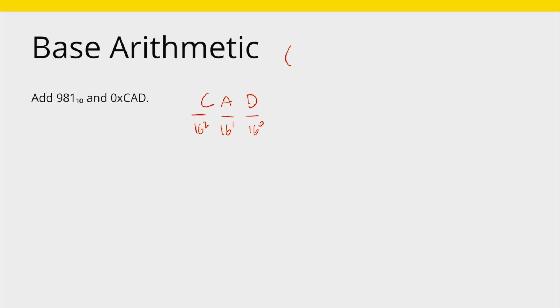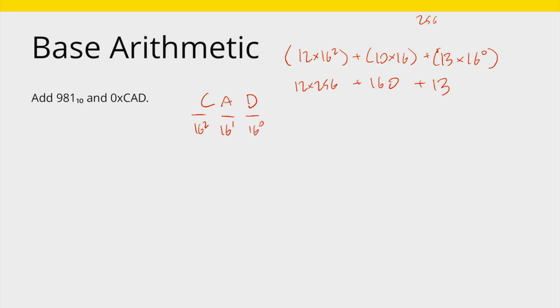So C is 12. A is 10. D is 13. So 16 times 16 is 256. So 12 times 256 plus 160 plus 13. That would be 2560 plus 512. Okay, so 3072